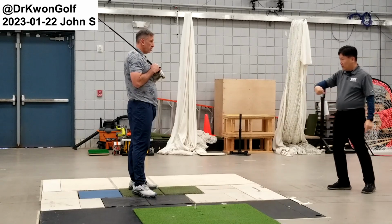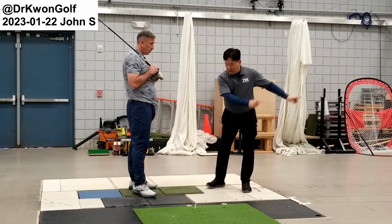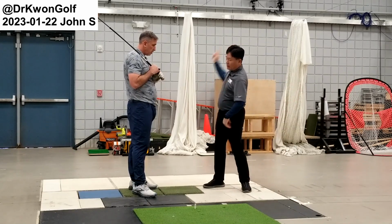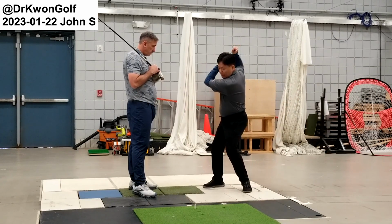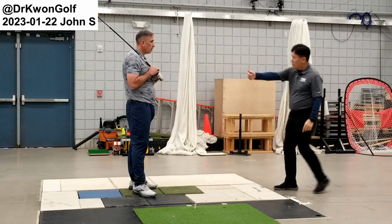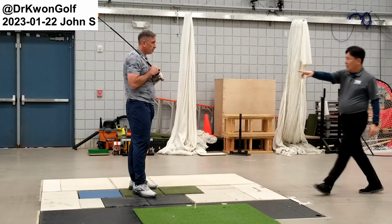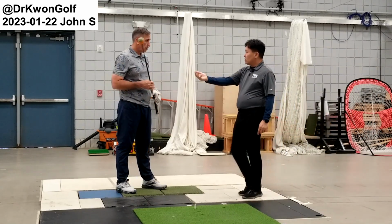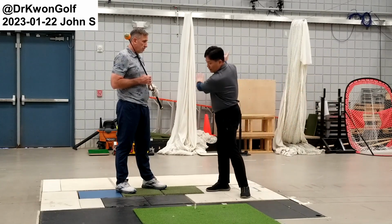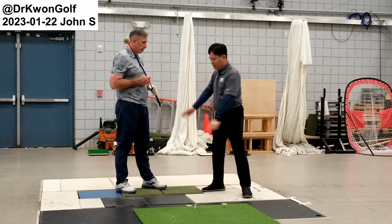Don't try to shift this way. When you have reverse pivot, already you have shift motion here. With the reverse pivot motion, you are already shifted somewhat here. So from here, just kick the ground and then throw, instead of trying to shift this way on the way down. So shift away and then recenter. This recentering should be done as part of the backswing. Shift away and then recenter here, and then kick and then throw, instead of